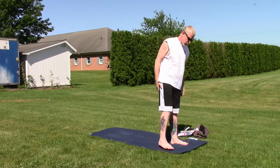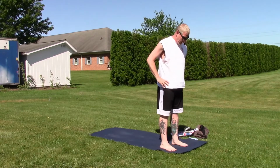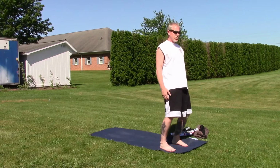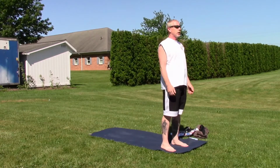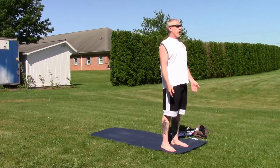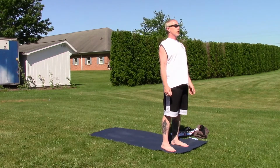So if you want to just come to the top of your mat, we'll go ahead and stand with our feet about hip distance apart or some comfortable position for yourself and just relax your shoulders, maybe shake out the arms just a little bit. If it's comfortable for you, close your eyes. Let's take a deep breath in through the nose and just release through the mouth. Maybe 3 of those types of breaths,